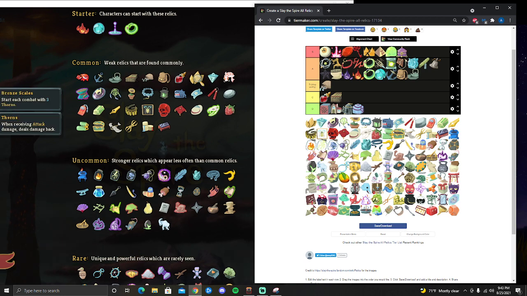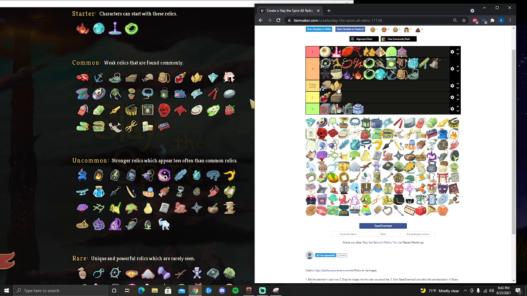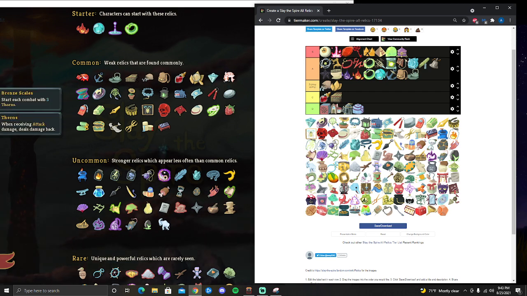Okay, Bronze Scales. Start each combat with 3 thorns. People might be surprised, but this is a B. I would buy this at a shop. I think 3 thorns is great. It's usually always like 15-20 damage for combats versus the Heart. It's crazy, I mean, thorns with a Flame Barrier on Ironclad just wins games. So